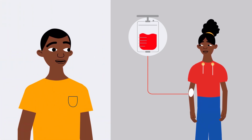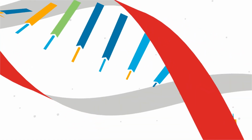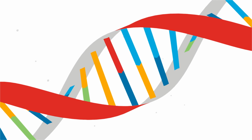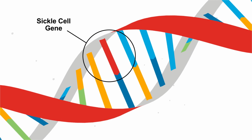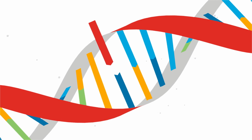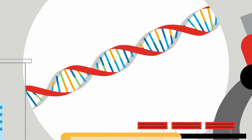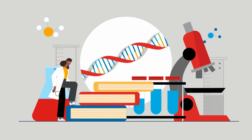The other type of potential cure, which is still experimental, is called gene therapy. Instead of replacing the bone marrow cells, gene therapy adds a normal blood gene to modify the sickle gene to lessen its negative effects. Scientists and physicians studying sickle cell disease are making incredible progress in understanding the disease and